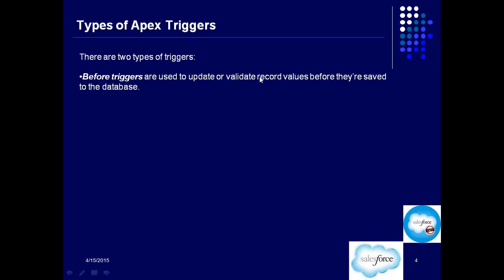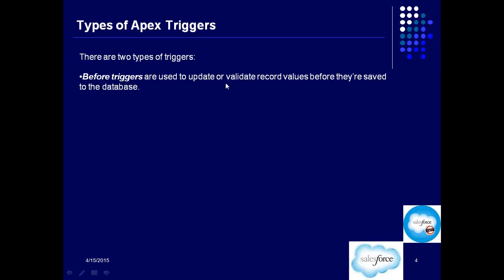These are used to update or validate record values. Let's say before you insert a record, you want to check if the values are correct or not, or you want to make some entries in some basic fields, and then before the record is actually committed into the database, these changes can be made or the data can be validated. So validation should ideally happen before the DML operation, right?